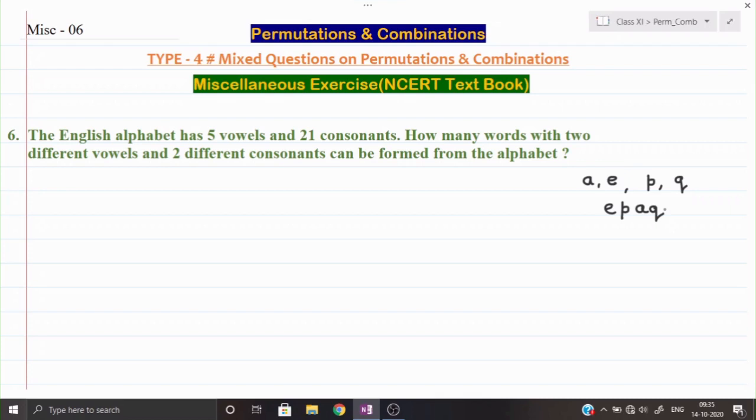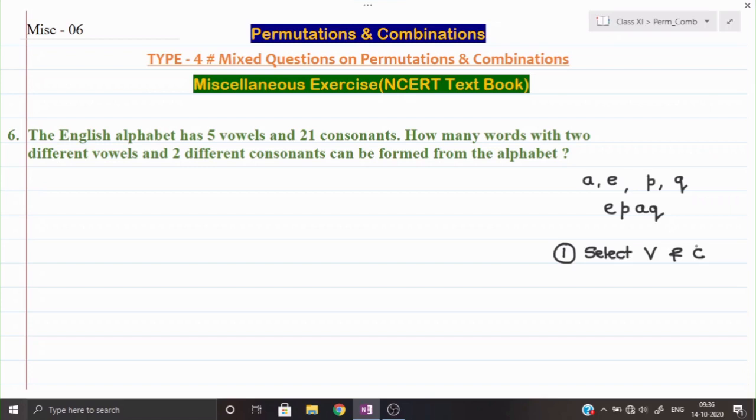First of all, try to understand what is happening in this question. The whole process will be done in 2 stages. Stage number 1 is to select the vowels and consonants, so here combination will work. While picking the vowels and consonants, it doesn't matter which vowel or which consonant comes first, because ultimately we are going to mix them thoroughly and then make the different words.